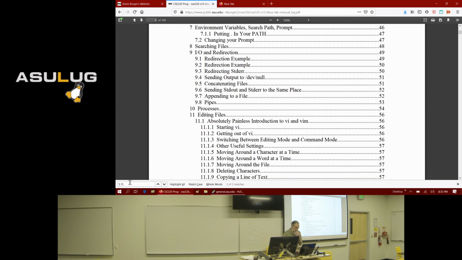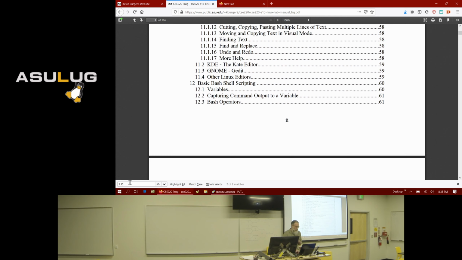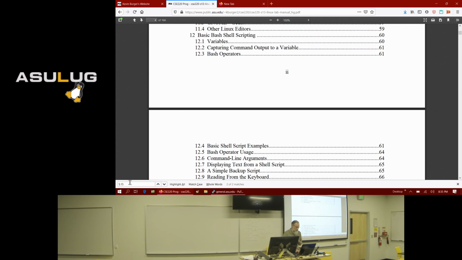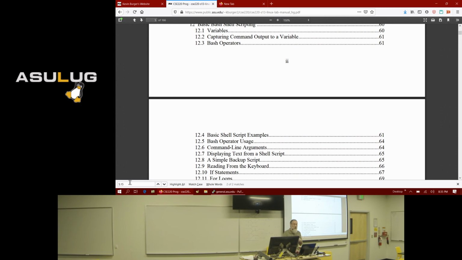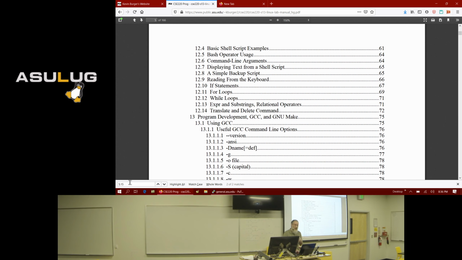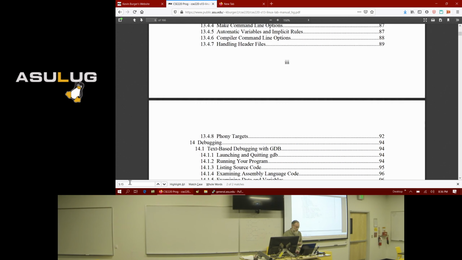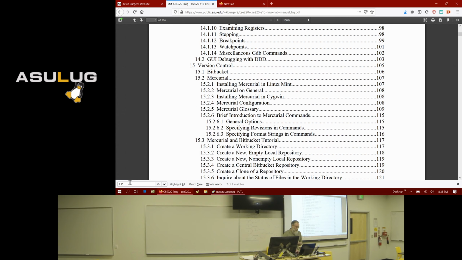Let's finish this up. There's a chapter on vi if you want to learn vi. I've just introduced the basics. I've got chapter 12 on bash shell scripting, so if you wanted to start learning some shell scripting, that'll get you started. It's not everything. We talked about the GCC stuff, so there's that. Debugging.